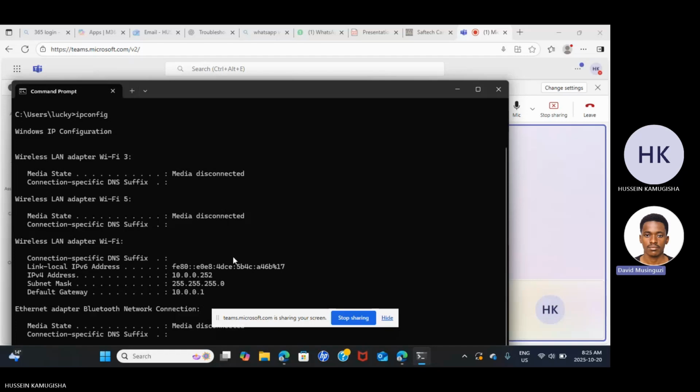So I think we have gone through that command. So when do we apply ping? Ping, mainly you apply it when you're trying to see the connectivity or the statistics of the network which you're connected on.